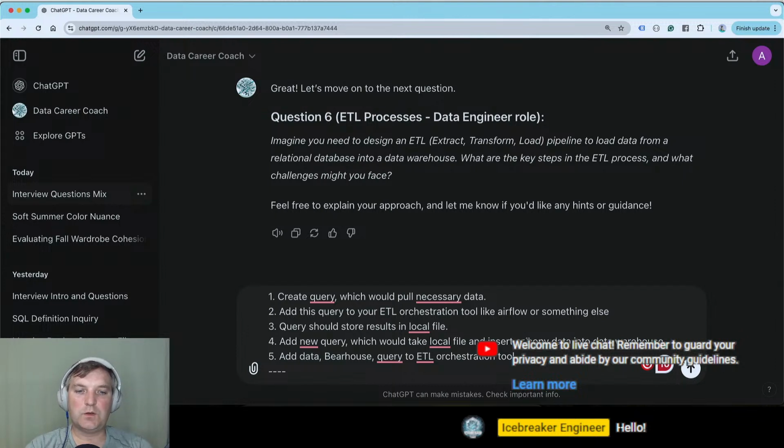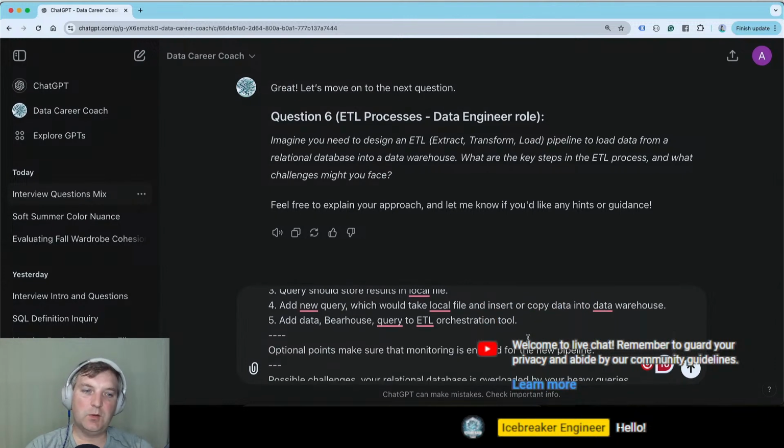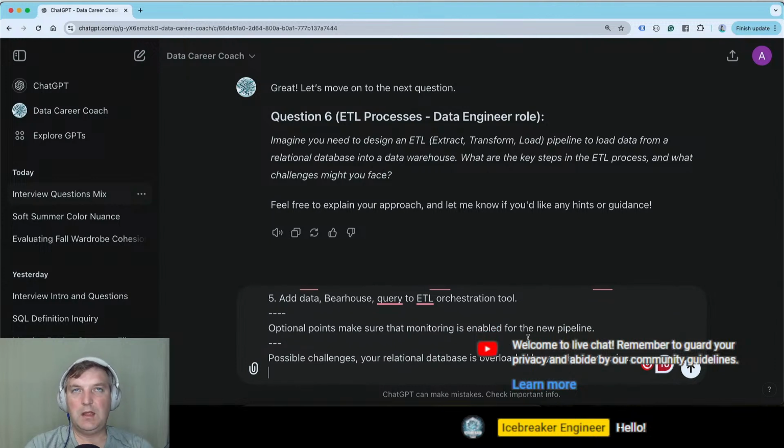And then eventually what you want to do is deploy this and make sure that you have monitoring available to you. Now the main thing to look into is you need to make sure that your query doesn't kill your production database, right? It will be doing full table scans, but you just need to make sure that it uses some sort of indices to select necessary data, and you should be good.